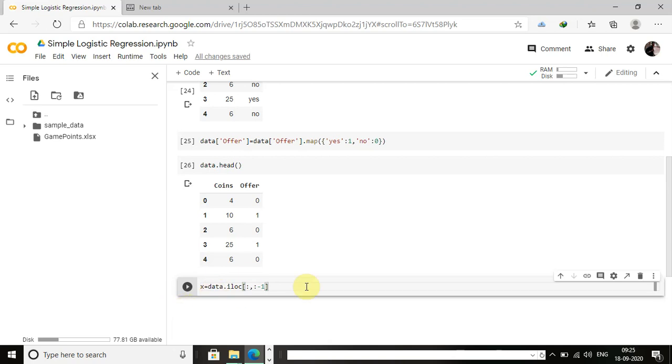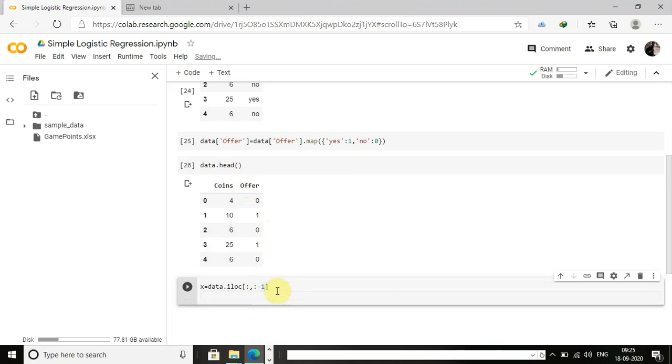This means that it will get all the columns until the -1, but the -1 column will be excluded. Here the -1 is the last column, which is called offer. That means the coins will be included here but the offer will be excluded. So in this y data I am going to store my offer value.